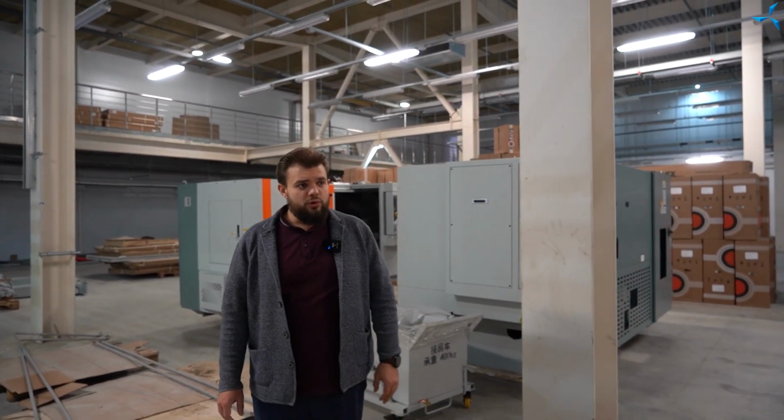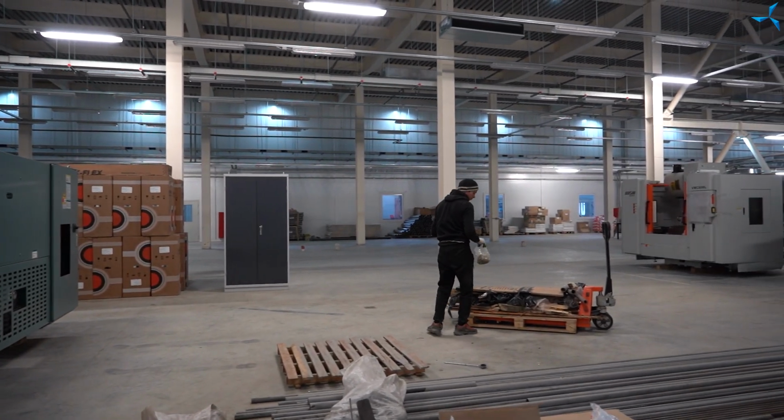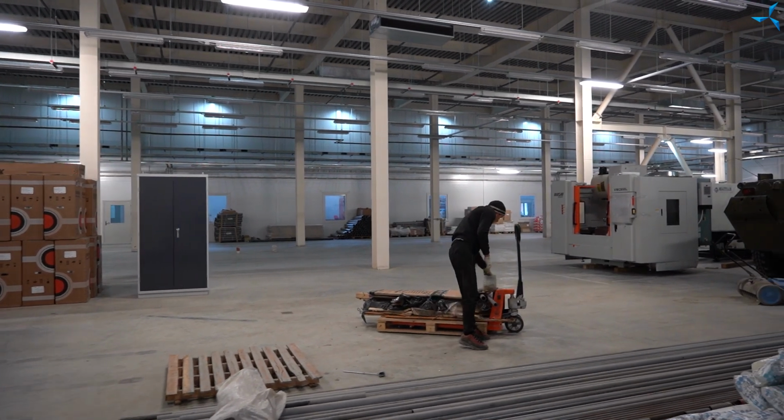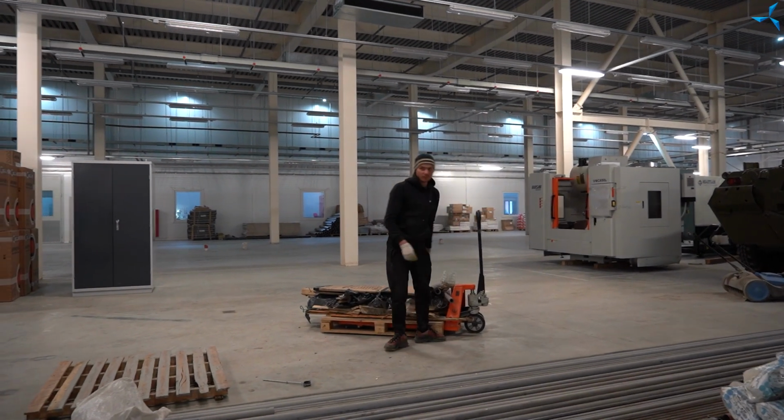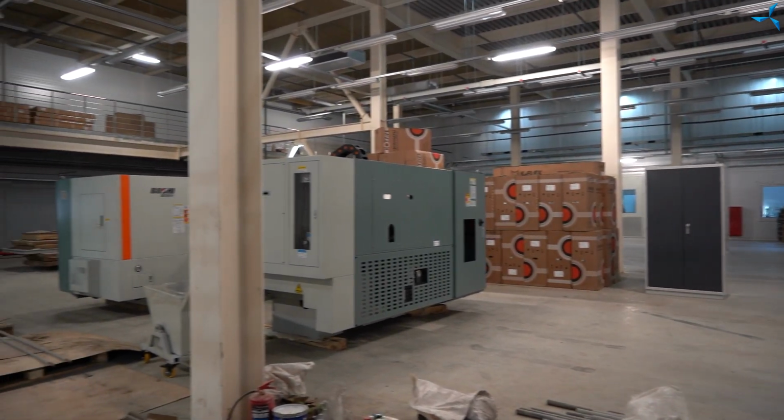We can also see, dear cameraman, please show, that the territory is being cleaned as well. Now all the debris is being completely removed. All the elements of the materials that have already been used are being removed. The premises, as I said, are being prepared for final finishing. This is especially true for the administrative and utility building, and the task, as was mentioned already, is to prepare the premises in the shortest possible time for their occupancy by workers or employees in order to completely abandon